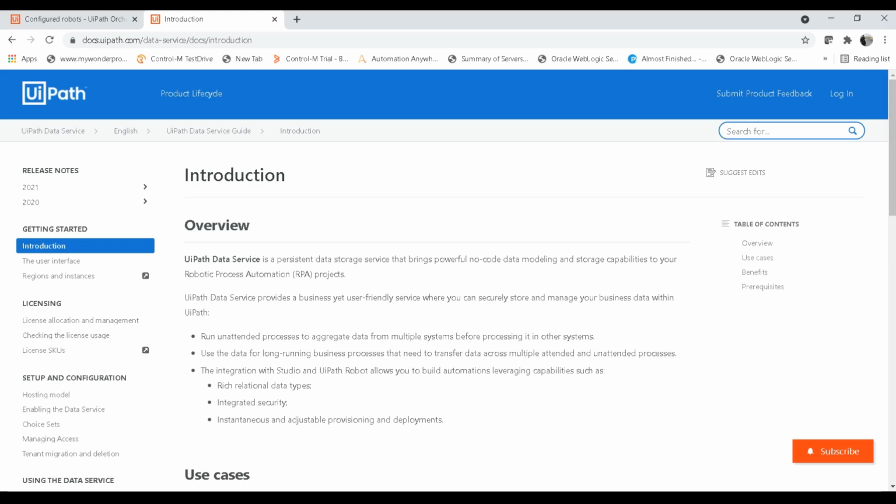If you want to store the data of 50 students for different subjects, you can create a data model there and keep all the data inside that. And if you want to process the data by connecting to Orchestrator, you can use the entity activities in Studio to connect to the Data Service and get this data.